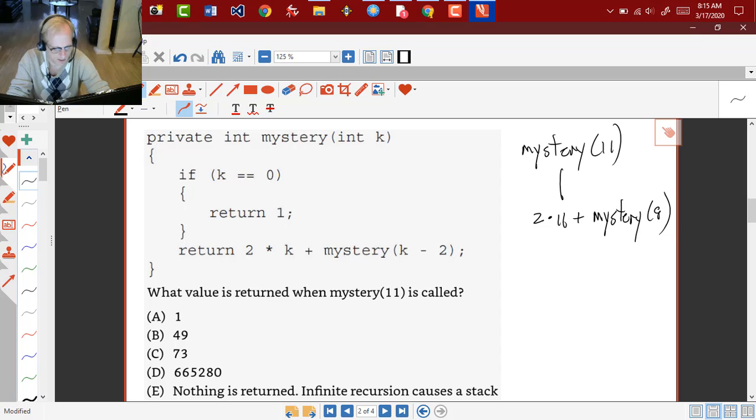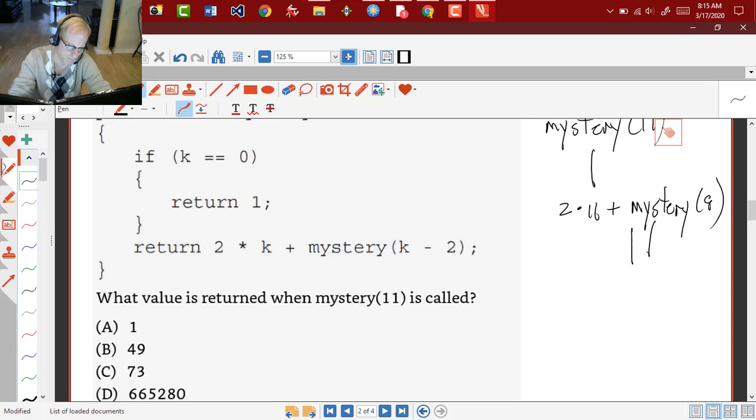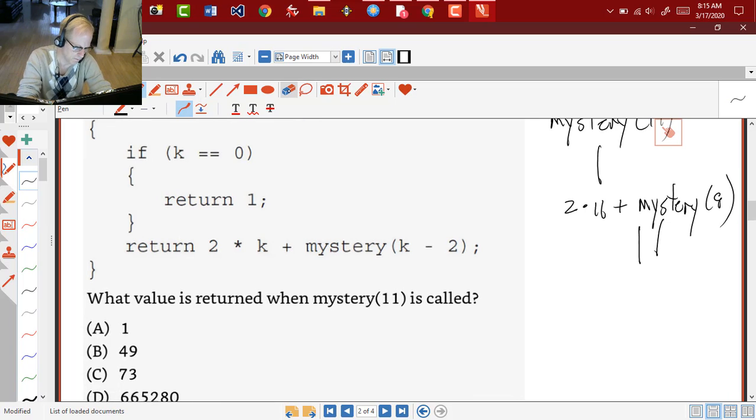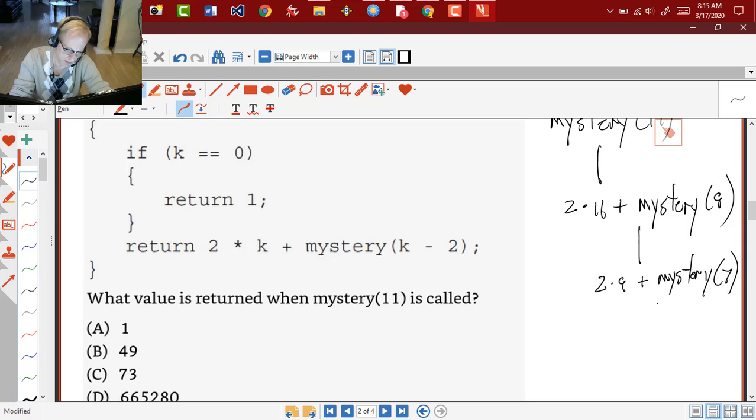Okay, mystery 9. 9 is not equal to 0, so it's going to call itself again. And we're going to get, let me make this a little bigger, 2 times 9 plus mystery 7. Okay, mystery 7, 7 is not equal to 0. So it's going to do 2 times 7 plus mystery